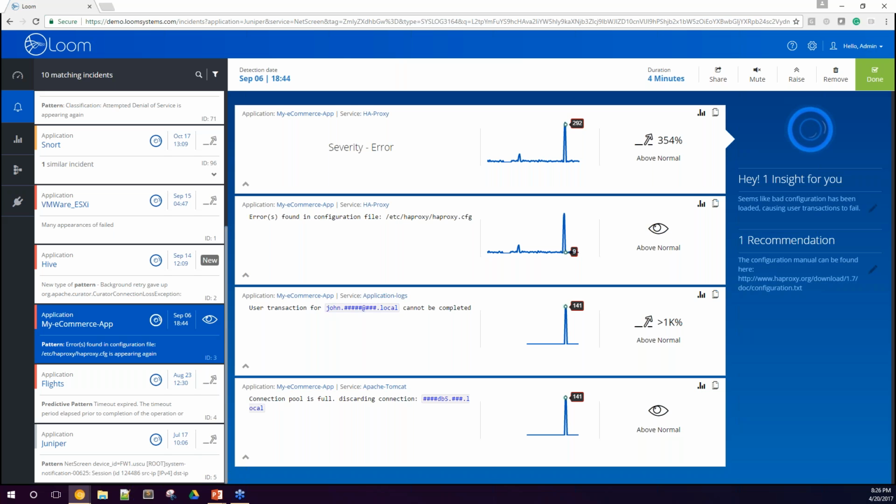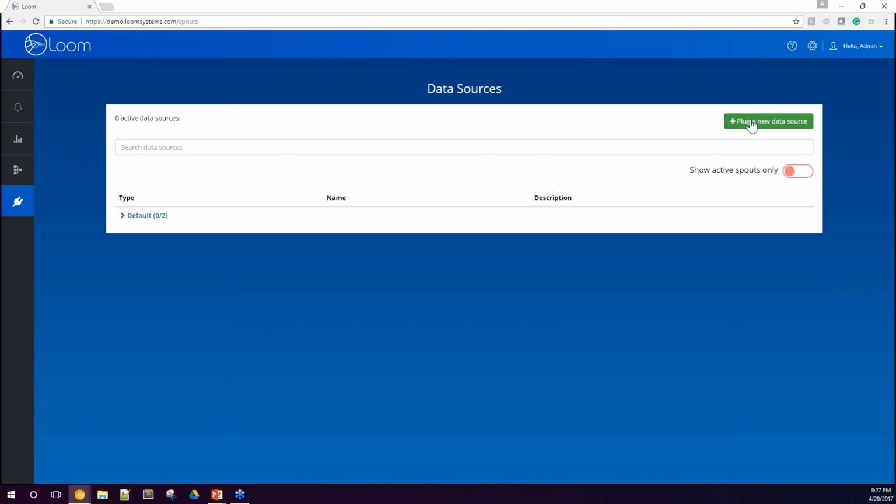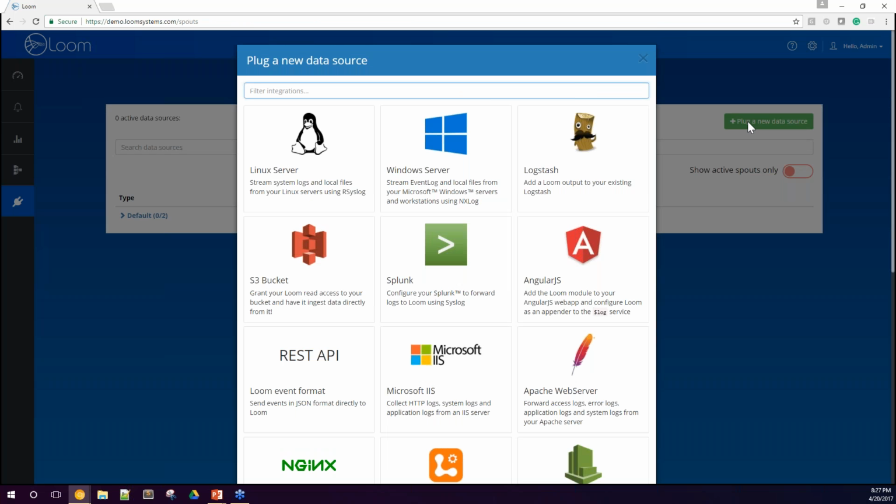We're going to take you through several examples, and I'm going to start by not talking about the main system screen and the alerts you're seeing here, but actually about the way to start using the software. Everything starts, if you remember, by collecting your data and making sure the software can really ingest it. So the first part is shipping your data, and the system can ingest any type of machine-generated input. It can be logs or metrics from your servers, whether you're using a Linux server or Windows server, and also databases or an API,